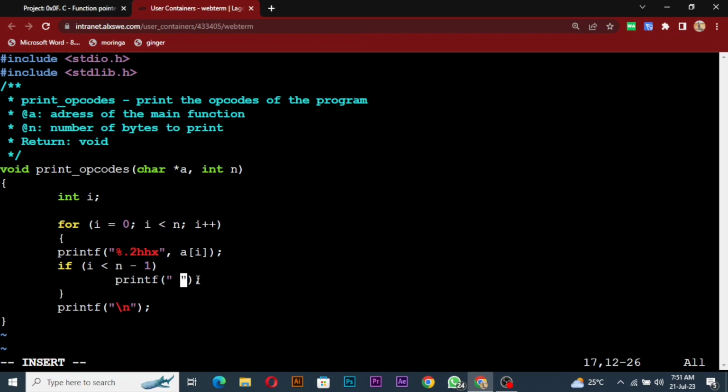Okay, so it's less than n minus 1, yeah, so it's okay. And then this one will iterate through and then print whatever is there. Alright, so the next one we'll do is we'll have